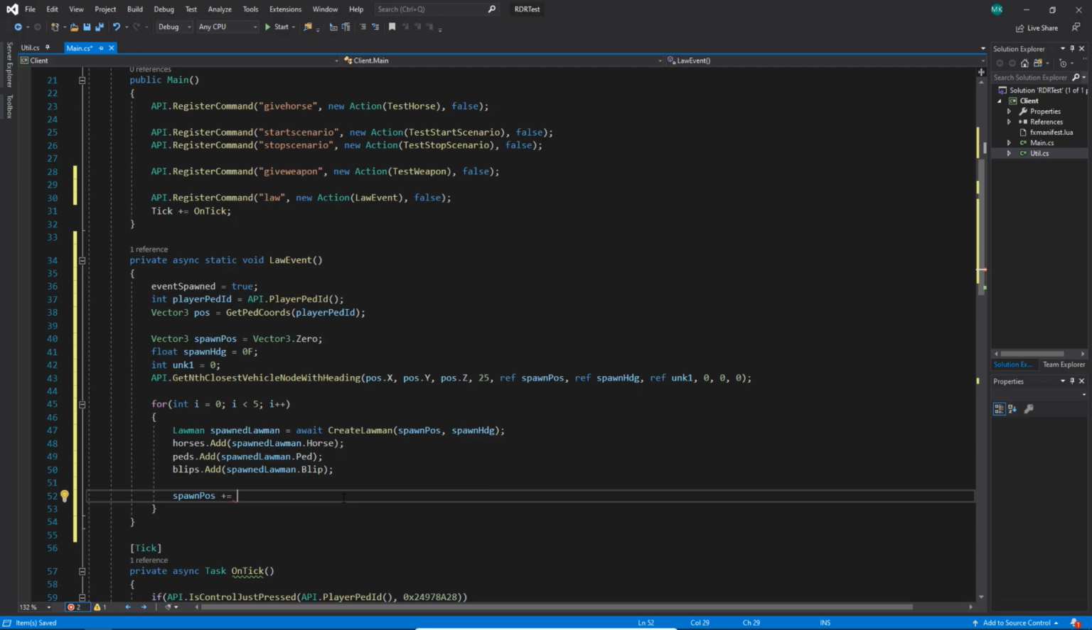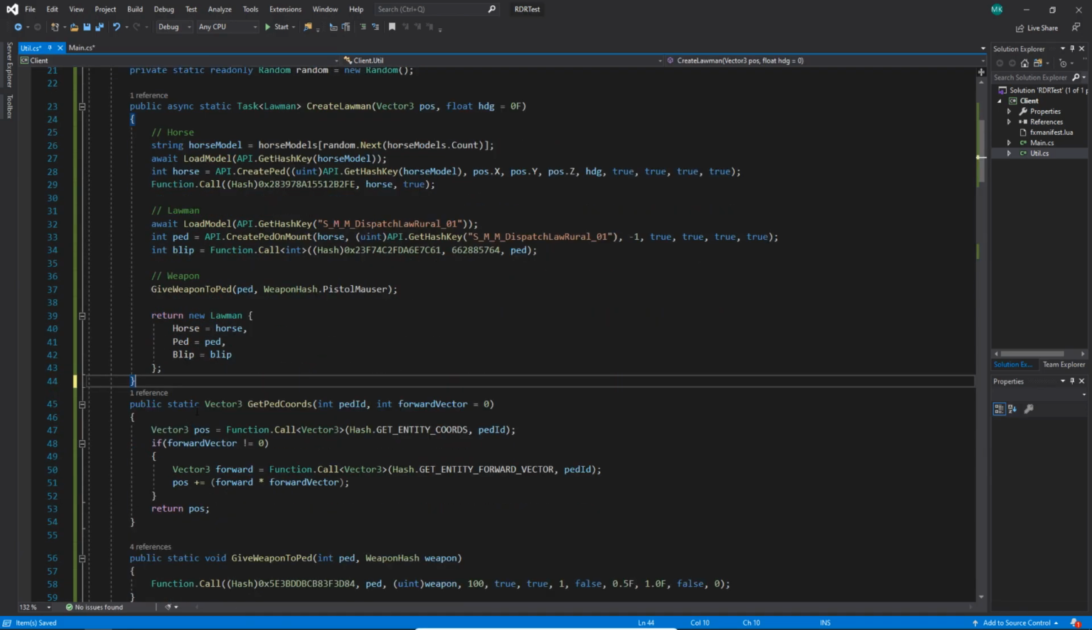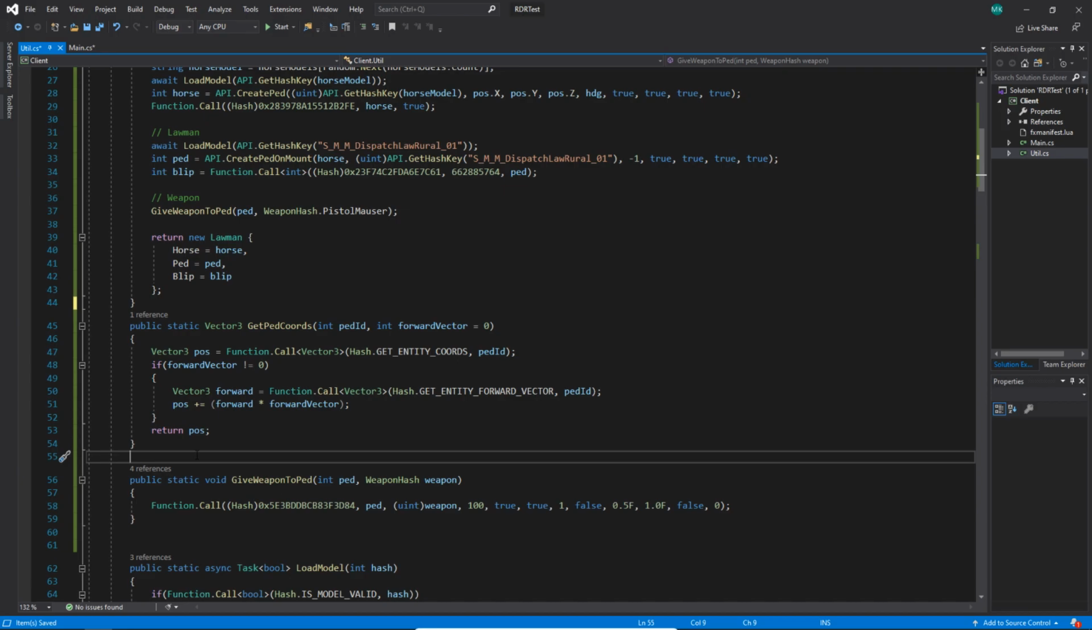And in here, we want to go ahead and create a new function for us. So instead of us having to call the native function, we can just create another helper function, kind of like we did for get ped coords. So let's go ahead and do that real quick. In here, we'll just come down here and see get ped coords, and we can just add something here. So we'll do a public static Vector3, and this is going to be our GetEntityForwardVector